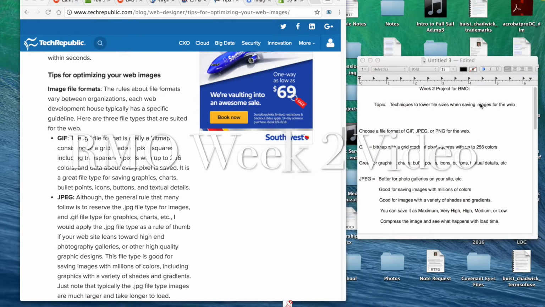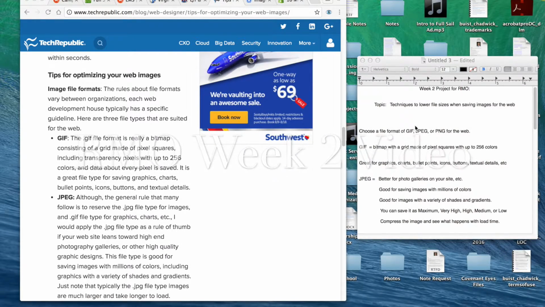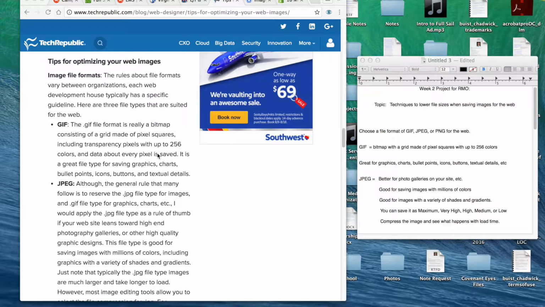To video project for rich media optimization. The topic I will be discussing tonight is techniques to lower your file sizes when saving file images for the web. One of the things that they usually ask here, the first thing we'll look at is techrepublic.com on their